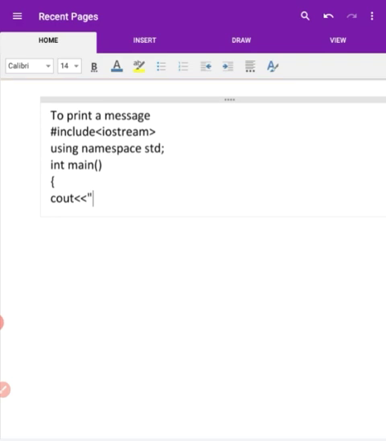Strings or words or sentences we write in double quotes, but a value we will not put in double quotes. Inside the double quotes we write hello world,